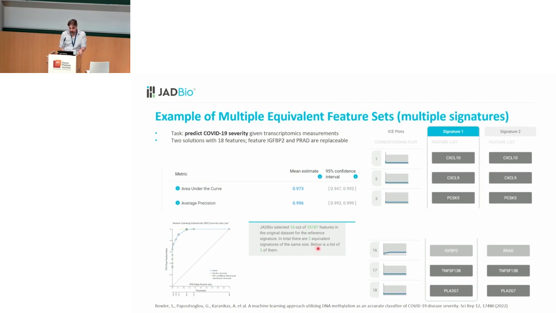And JADBio selects 18 out of about 35,000 features and finds two such subsets of 18 features that you see here as signature 1 and signature 2. They're exactly the same, except for feature 16, where you have two choices. You can substitute this feature with this one in your model